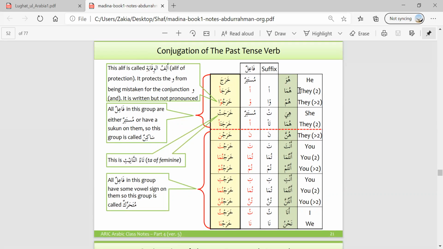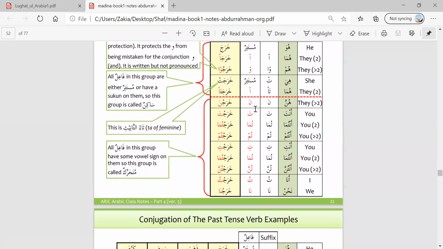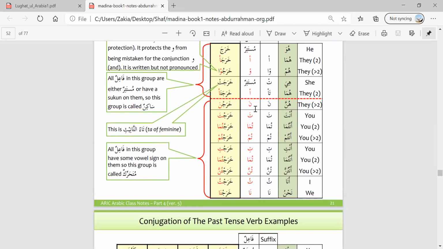Kharaja will be they two, masculine. Kharaju will be jama, waw, alif. This is what I was talking about before, and it is basically for they, plural, or them all, and them two and them all. That's I think a more appropriate translation. What I do want to draw your attention to, so as not to get confused, is every verb you see here